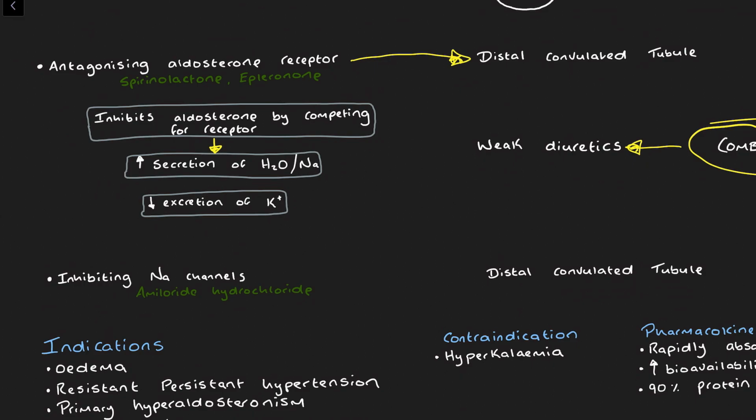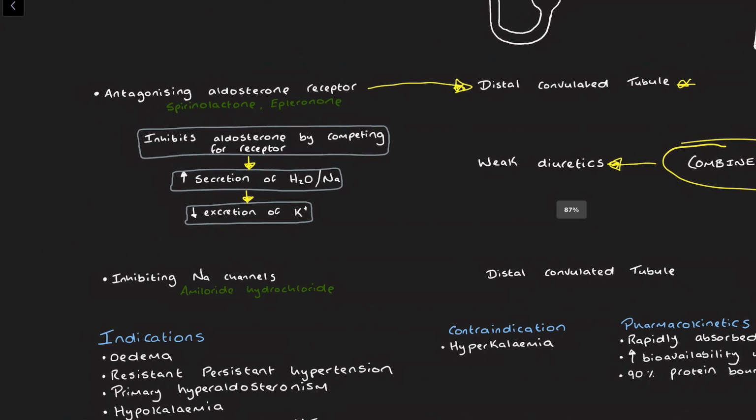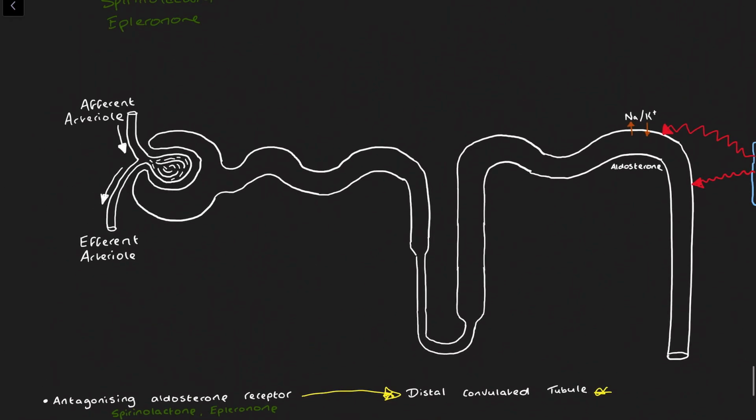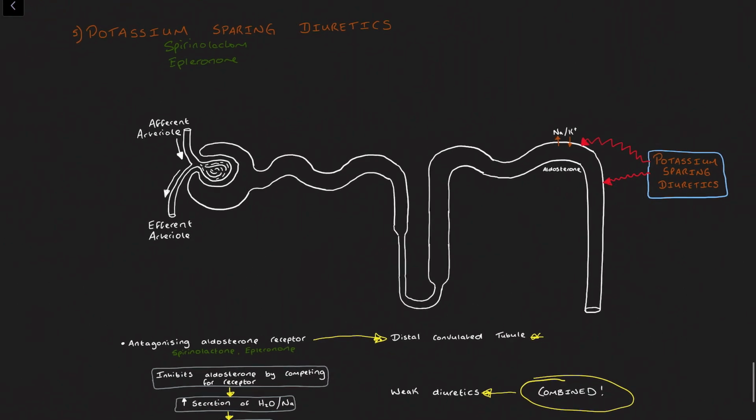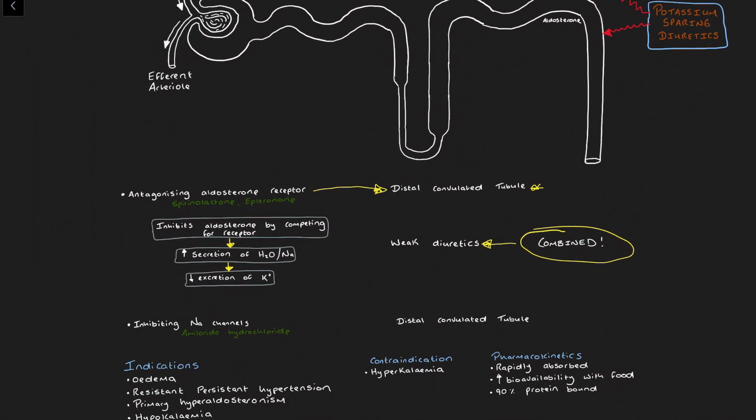Aldosterone is a hormone that retains sodium and excretes potassium in the kidneys. Spironolactone binds primarily through competitive binding of the receptors at the aldosterone exchange site in the distal convoluted tubule. This increases the secretion of water and sodium whilst decreasing excretion of potassium. Spironolactone and eplerenone compete with aldosterone for its receptor, whereas amiloride acts by blocking the sodium channels controlled by the